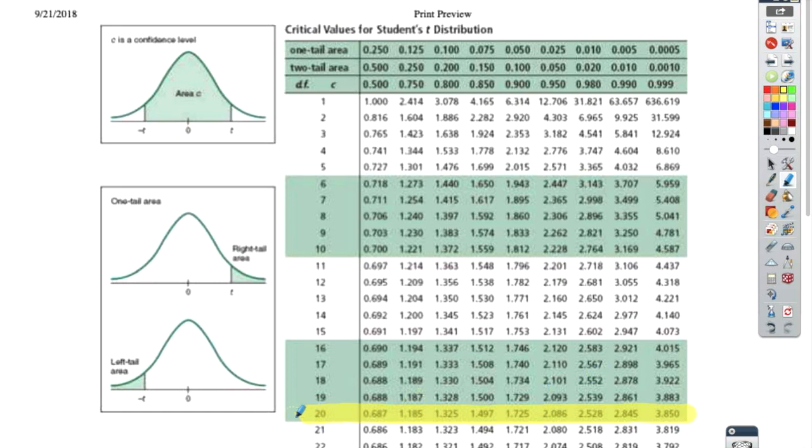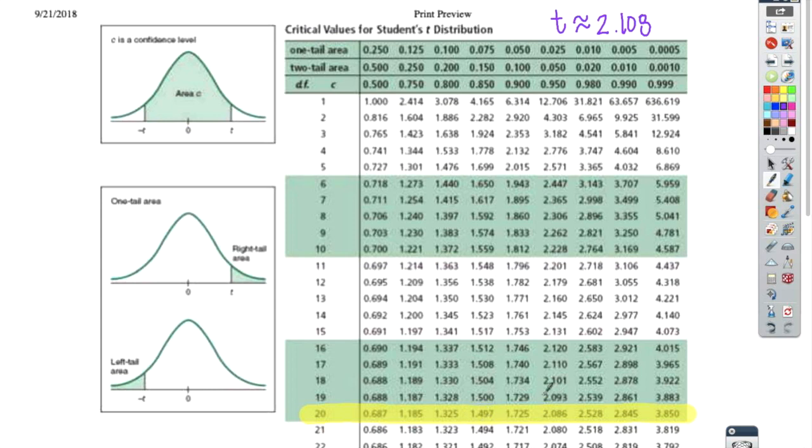So here is degrees of freedom 20. That means I'm focused only right here for now. Now remember, the t-score that we found was 2.108. So that's what I'm looking for in this row. And I notice, well, let's see,